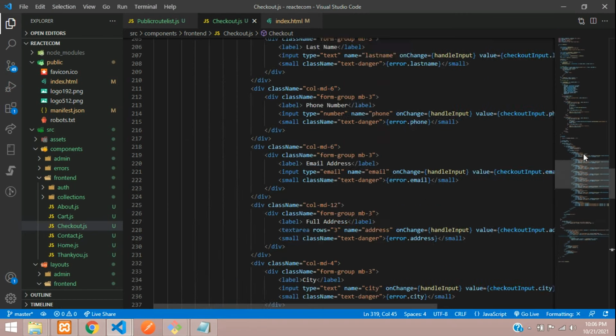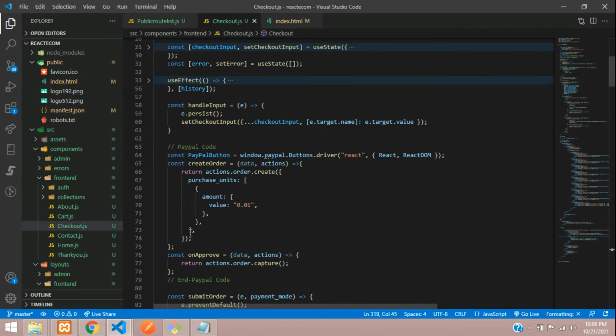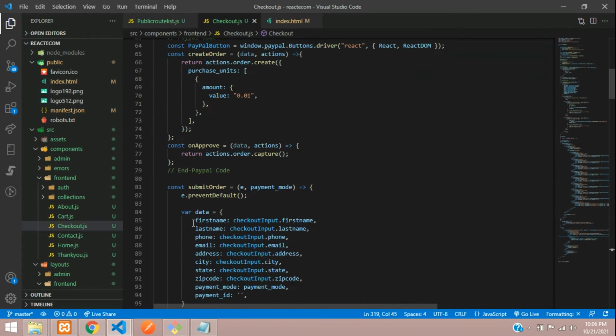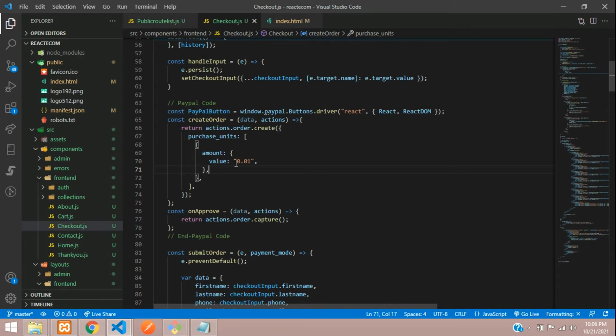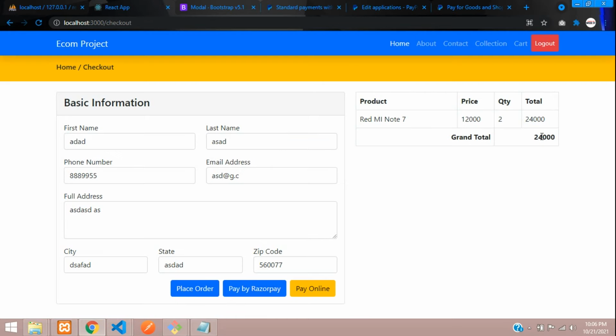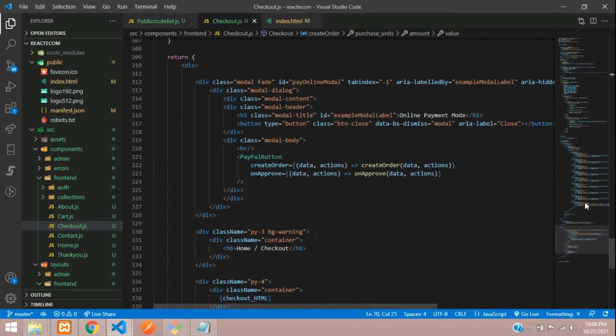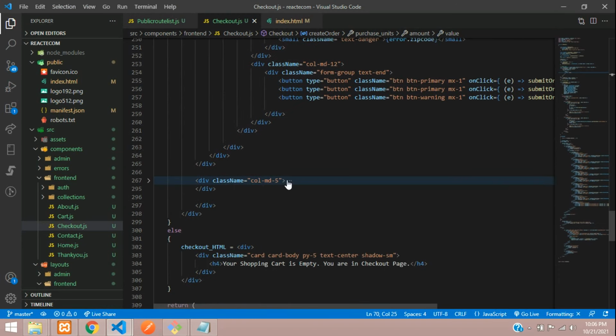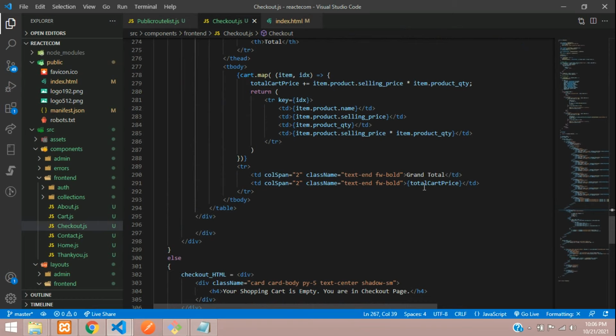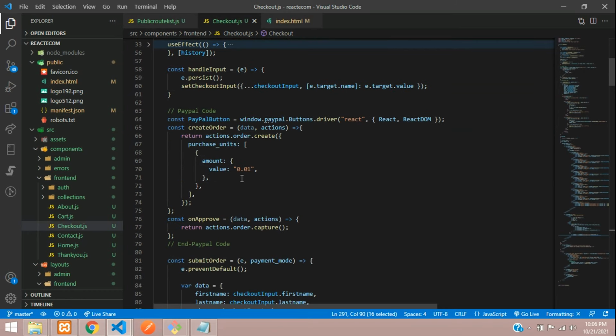So let's move top to our PayPal code. Where is it? Here it is. So inside this, you're going to send the amount, guys. So how will you send that? You're going to accept this grand total amount, this total amount, we will send it. Okay. So you can just check out that in the code. Here we have given total price. So let's copy this total price variable and paste that in our